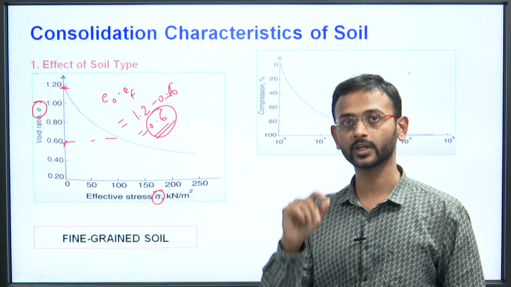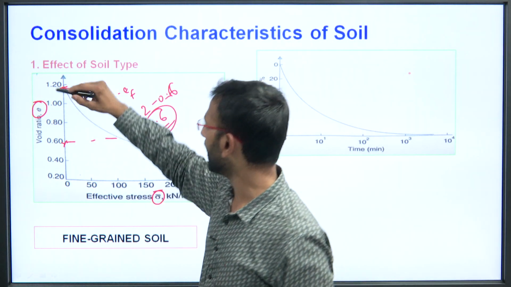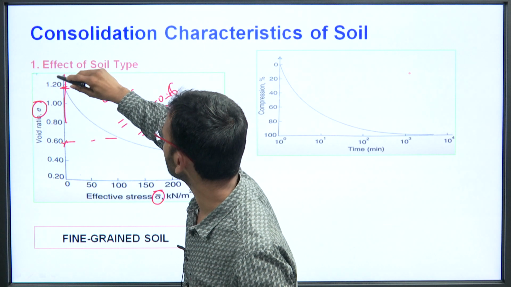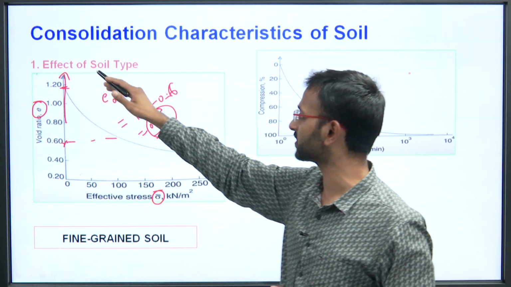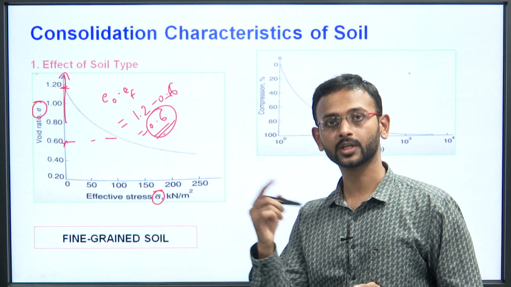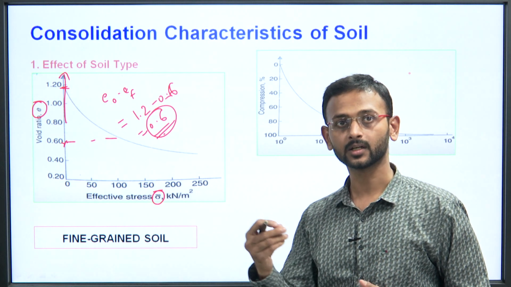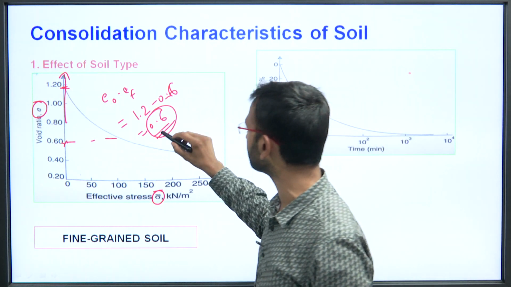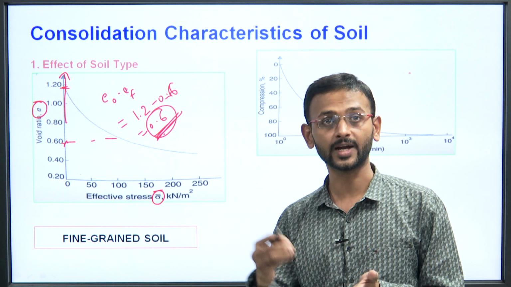In the sand case you saw there, it was very much low, it was only 0.14. And this change here on the y axis is denoting what? The change in void ratio. The change in void ratio means the change in volume, the change in volume means the difference in the height, that is the change in height, that is the settlement that is occurring there.